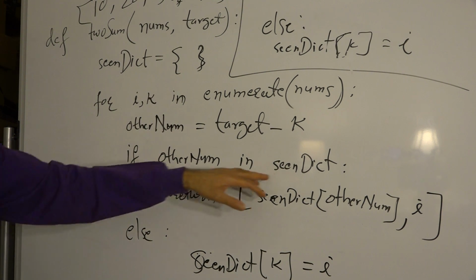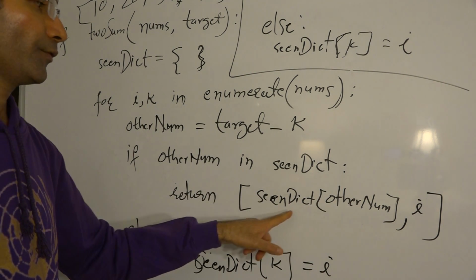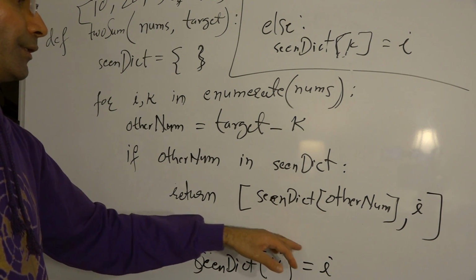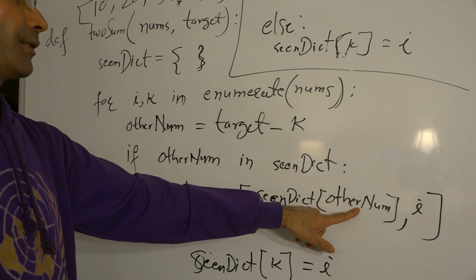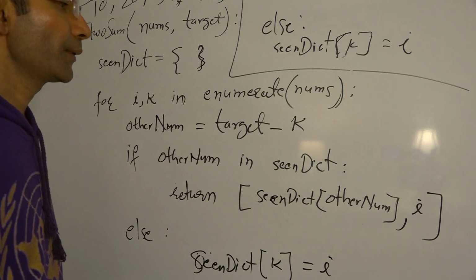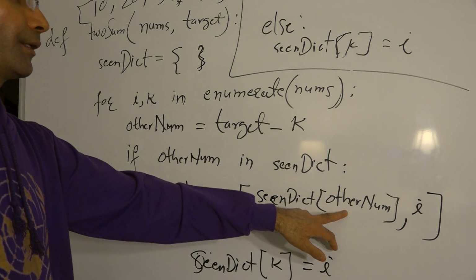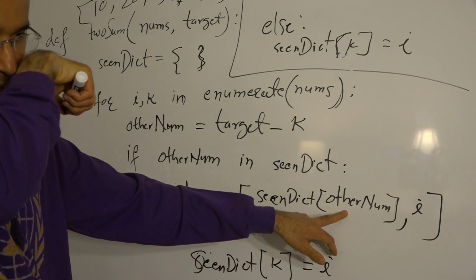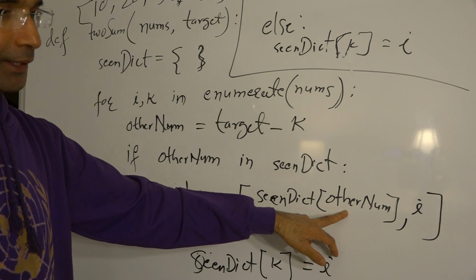So how do you do that? If the number is in the dictionary, then basically we pass the value and we get the index, or pass the key, however you want to interpret it. You can say that you're treating this thing as a key here, and then the index as the value. So we supply the key, because the number here can be